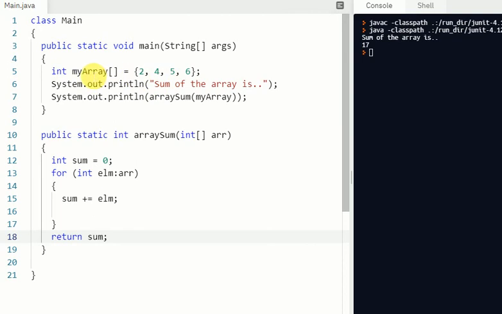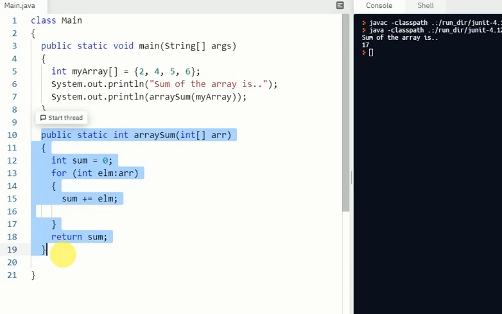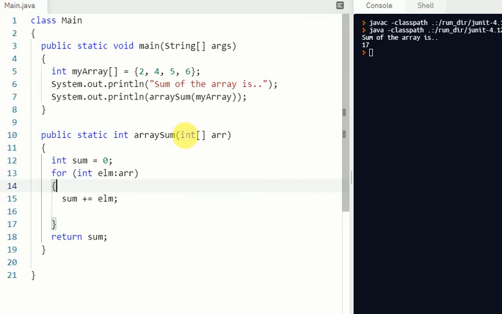So in the main method, we have declared the array with values 2, 4, 5, and 6, and then we are calling array sum, and we are giving it my array as the argument. So we are going to pass this array to the method array sum. In the array sum, the value of sum is 0 because initially there is nothing saved in the variable sum. Now we are going to use this loop, an enhanced for loop, to check every